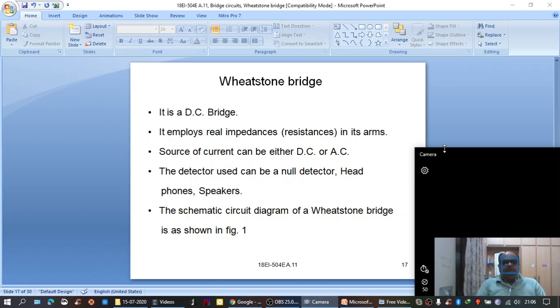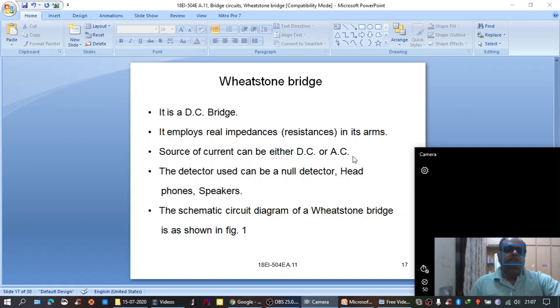That is, in case of AC bridge circuits, two conditions are to be satisfied to say that the bridge is balanced. One is the magnitude condition, which says the product of the magnitude of impedances in the opposite arms must be equal. And the second is the phase angle condition, which says the sum of the phase angles of the impedances in the opposite arms should be equal. And then we have seen a practical example, a problem. We have seen how to find out the unknown impedance.